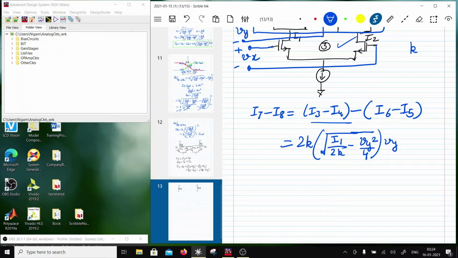Okay, and then the other term would be minus of twice of K root of, okay, so this will be bracket, right? So root of I1 by twice of K minus,